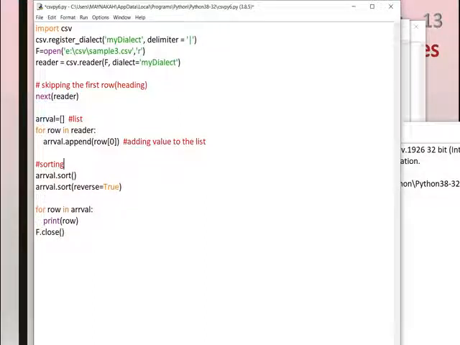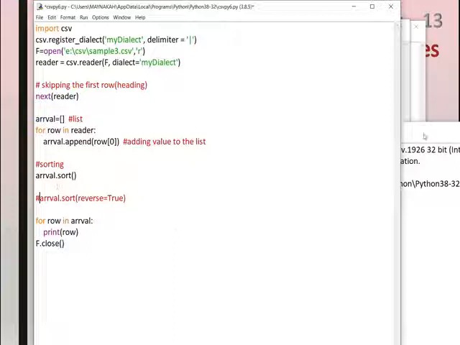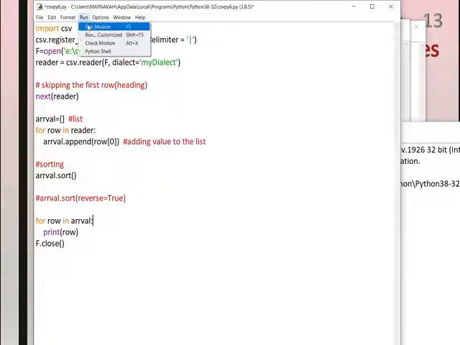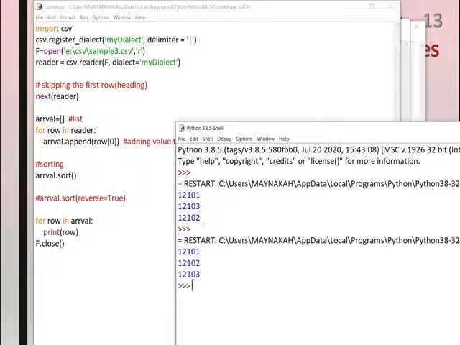So first we will hide this, and after that we can use this. First I will hide the reverse. First we are sorting, that means it has to be arranged. Arranged in the sense, it is 1, 3, 2, so now the output should be 1, 2, 3. It must be in ascending order, right? Yes, it is in ascending order.